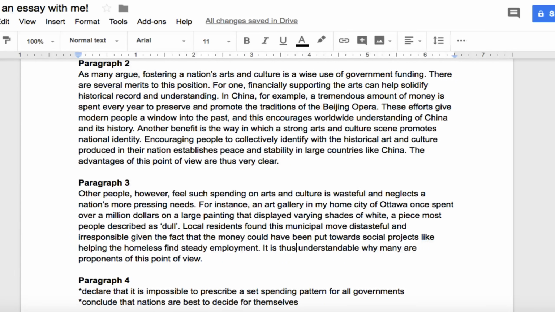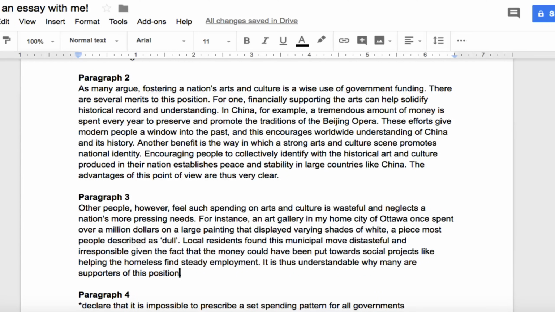And as I was saying, these are stock phrases, but you can adapt them as you need. So we could change this to, I don't think we've used the word support anywhere, supporters of this point of view or this position. These phrases just help to create a sense of unity between the different paragraphs and a sense of closure to the position that we're analyzing in this paragraph. So you can see a very objective look at the two sides. We've shared at least one thing positive for each side. There is a bit of comparison. We haven't shared our personal opinion on any of it yet, and we're going to get to that in the